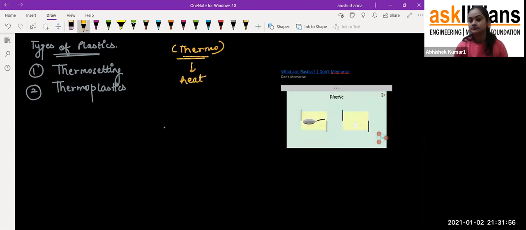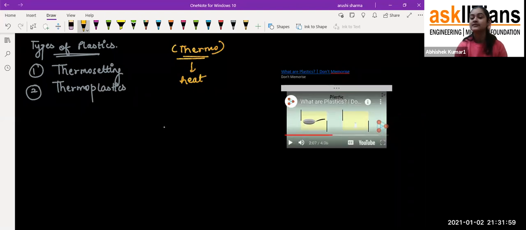If both are plastics, then why is there so much difference? See students, like this plastic handle which she is showing you here, and the laptops which we are using. Have you observed that when we use our phones for a very long time, the body of the phone heats up and we feel some hotness over it, but it does not melt easily? But that same heat, if we give it to a plastic bottle, it will melt within no time.